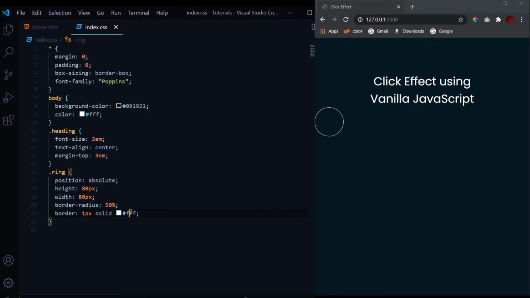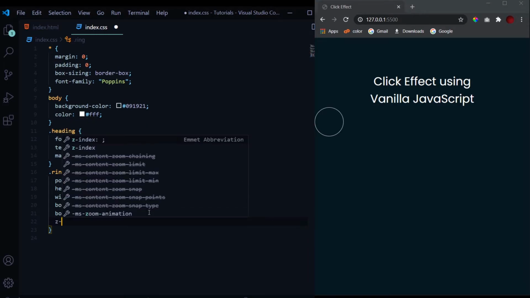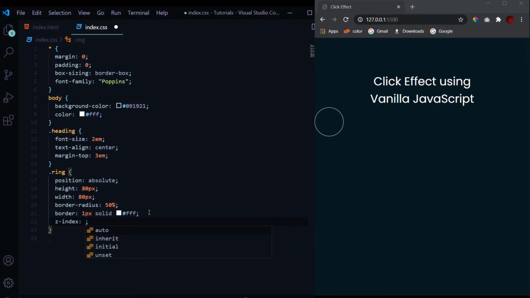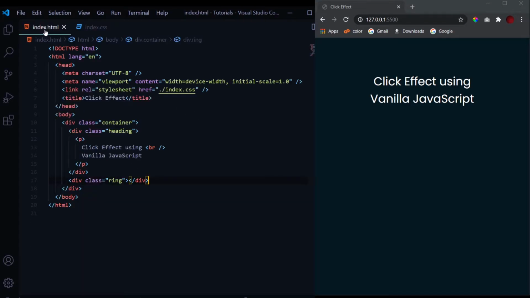So actually the color which we put in here is going to be a random color which we will provide using JavaScript, but just now for visibility purposes I have given it a border of white. This is just right for now. Now the next thing we want to do is give it a z-index of 999 so that it sits on top of everything, and by default it shouldn't be visible, so an opacity of 0. So this is it for the styling part. Now let's get into the JavaScript.